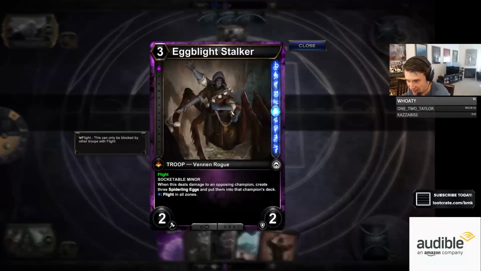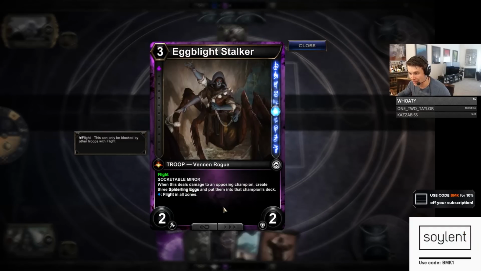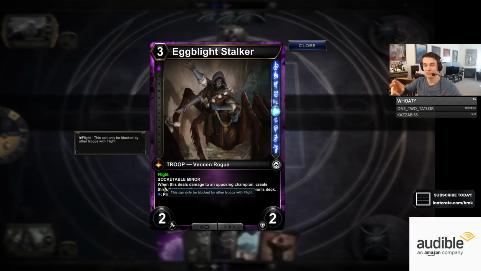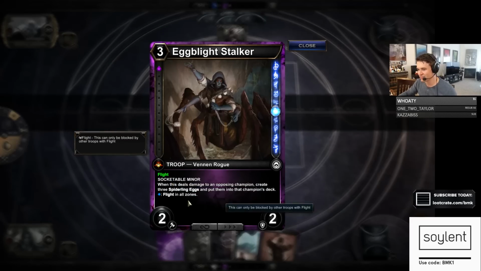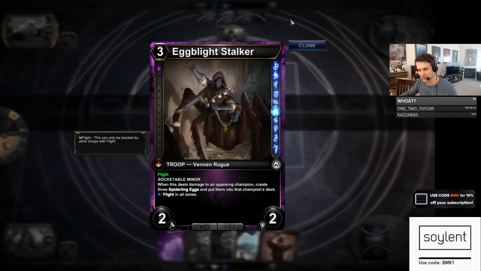All right, so this guy is a 2/2 that when it deals damage to an opposing champion, creates 3 spiderling eggs and puts them into their champion's deck. Another super annoying guy. This also shows off the socketing mechanic. Socketing is something in HEX that allows you to customize your cards themselves. You can obviously customize your deck in a collectible card game, but this allows you to modify the characteristics of particular cards that have socketable abilities, which is pretty cool. This guy has an ability that triggers when he deals damage, so my opponent has chosen to give him a socket that gives him flight, which makes him more difficult to block because only other troops with flight can block it, as you see in the reminder text there. So